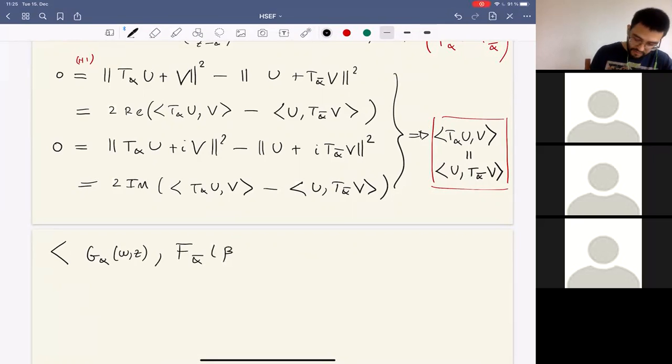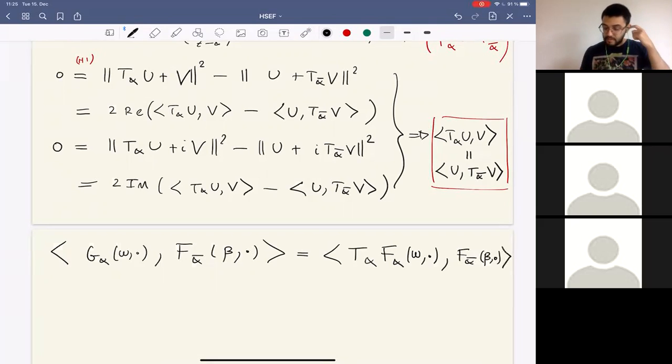And here I will even put another number, beta, instead of w. Okay, so to be rigorous, I should put the point here. And that is just T alpha of F alpha of W dot, and then F alpha bar of beta dot. By definition, because I define G like this, and then I can use the identity, but this is also equal to,